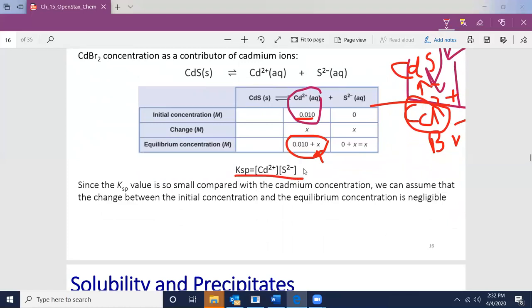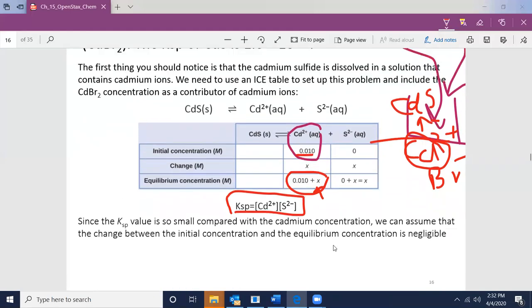So this is our expression because it's a 1:1 ratio in cadmium sulfide. The Ksp value is so small compared with the cadmium concentration that we can assume the change between the initial concentration and the equilibrium concentration is negligible. So if we just say that this change is negligible,